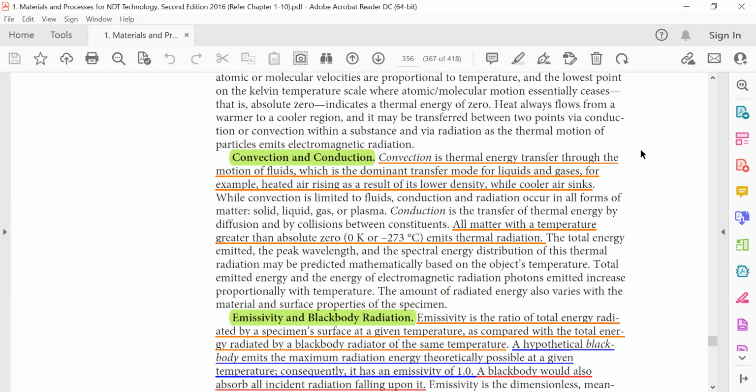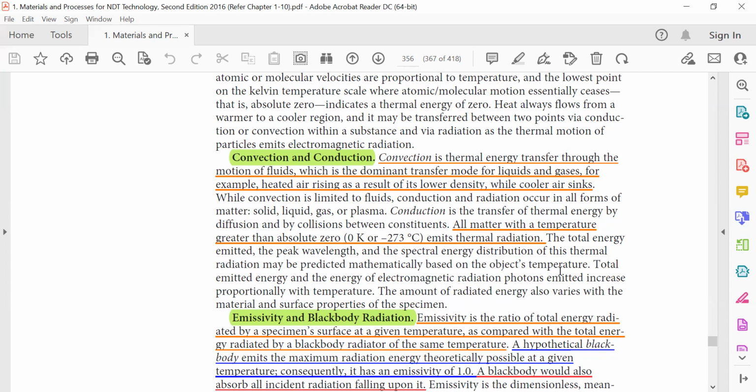Convection is thermal energy transfer through motion of fluids, which is the dominant transfer mode for liquids and gases. For example, hot air rises as a result of its own density, while cooler air sinks. All matter with temperature greater than absolute zero, minus 273 degrees centigrade or 0 degrees Kelvin, emits thermal radiation. This is important. So just above minus 273 degrees centigrade or 0 degrees Kelvin, all matter,